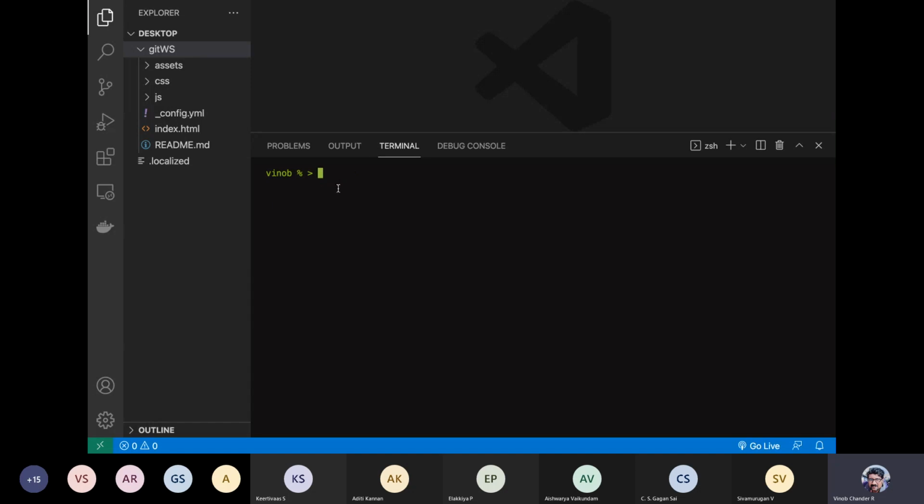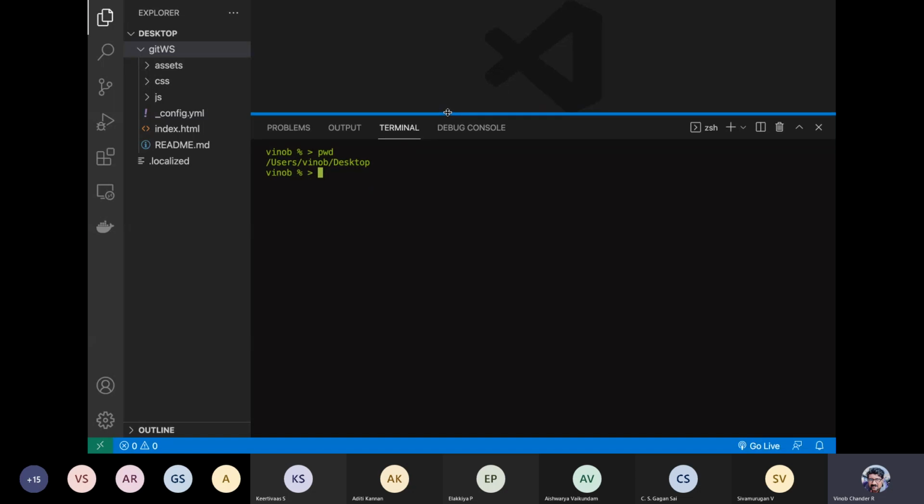Also, you just confirm that you are in the proper location where your project is living. By default, your terminal will take you to the proper location. So you are inside home, under that desktop, which contains your particular project.